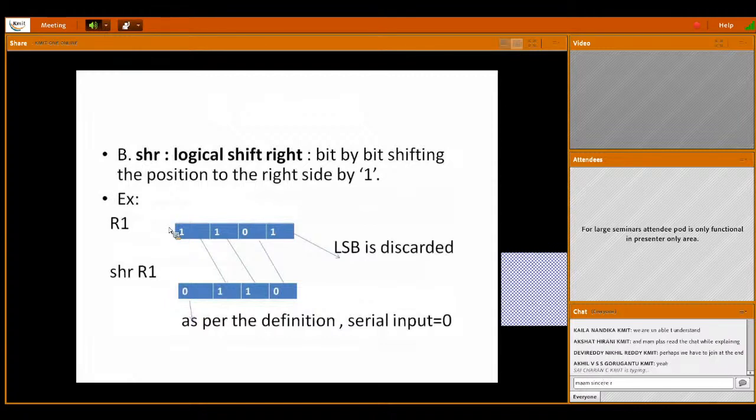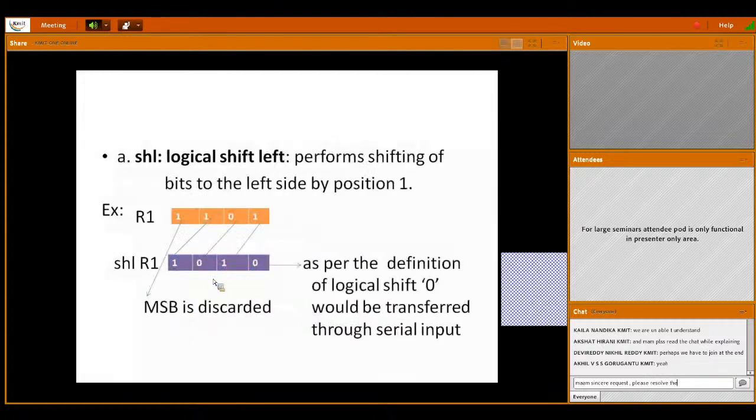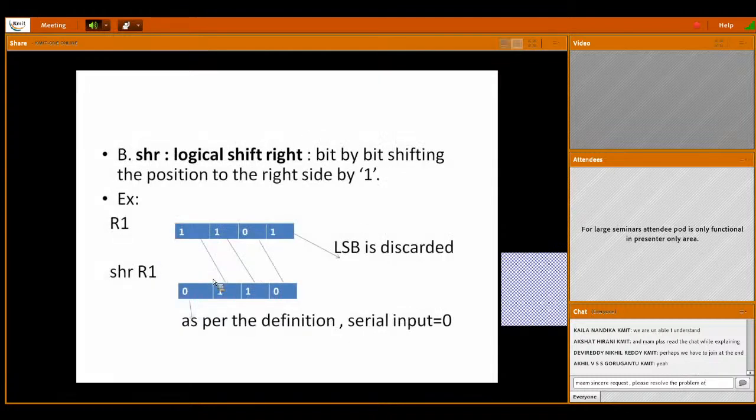Let us see one example. Consider a register R1 which contains the data 1101. If you want to perform a logical shift to the left,